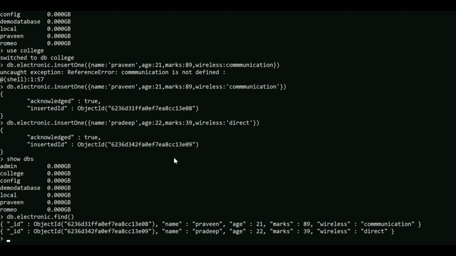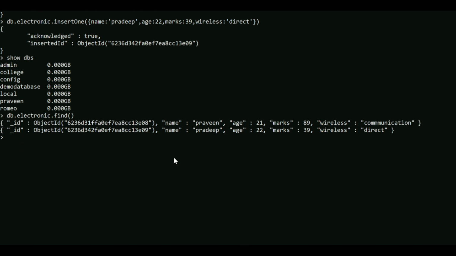I want to tell you one more thing: here you have to write db dot table name dot find dot pretty, because this uses a JSON file, BSON file. In BSON, it is an unstructured type of data.